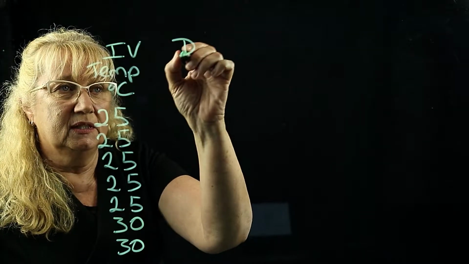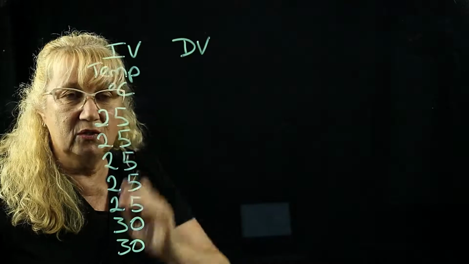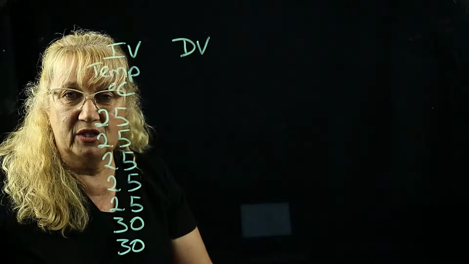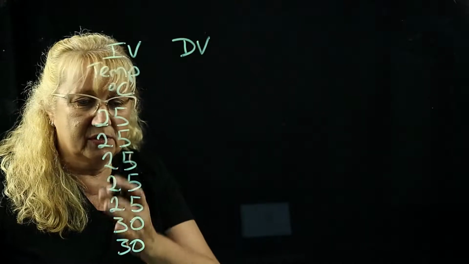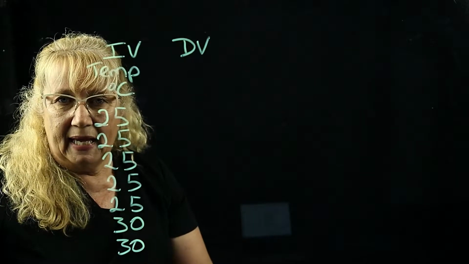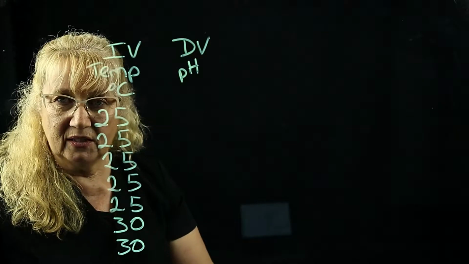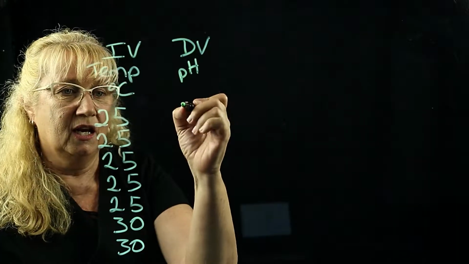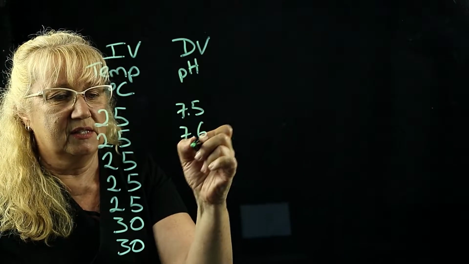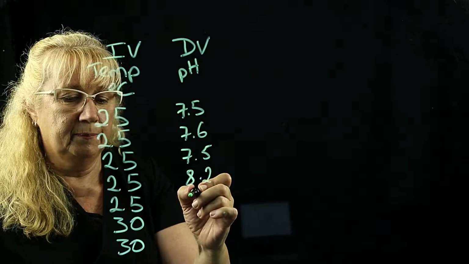Your dependent variable should go to the right of it. It doesn't have to be directly to the right of it, but it should be to the right of it. And remember again that you need to put all the information on your spreadsheet so that you're going to remember exactly what you've got there, because otherwise you're just going to have blocks and blocks of numbers. So we're looking at the pH here, because we're looking at the rate of photosynthesis determined by the pH. So maybe we've got 7.5, 7.6, 7.5, 8.2, and